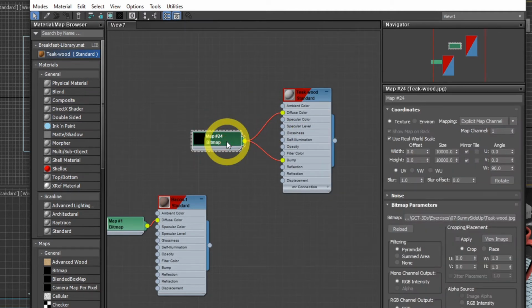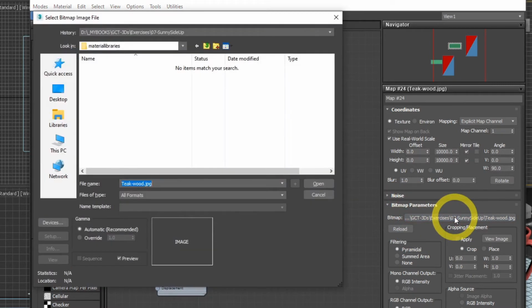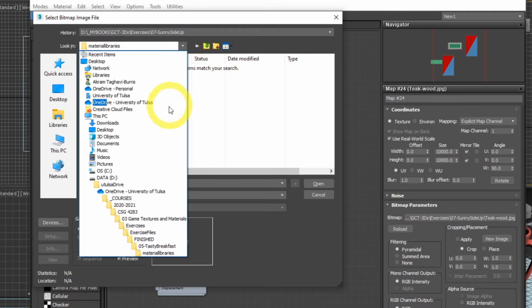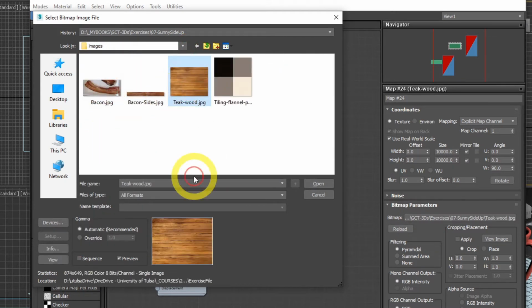If I double click on this, it'll bring up the texture map parameters over in the parameters dialog. You can see that it's looking for some folder here, but I want to tell it where the folder is in my project. Again, I have to move that file into my project. So I'm just going to click there and it's going to give me some lost directory. I'm actually going to direct it to my folder, to scene assets, images, and this is where I've copied the